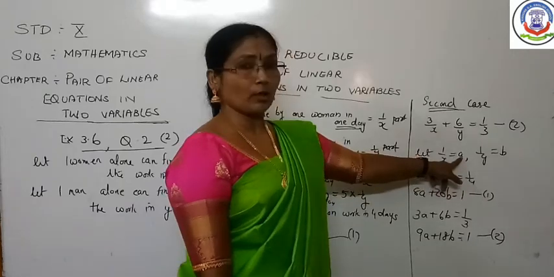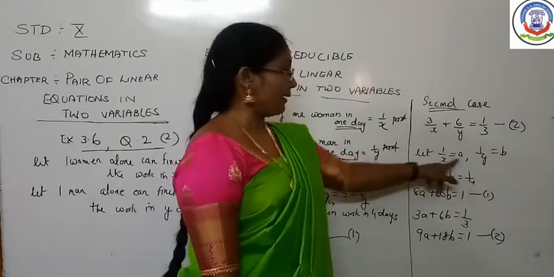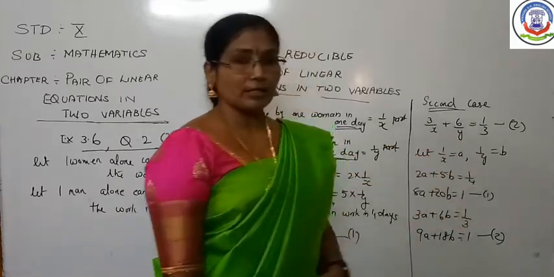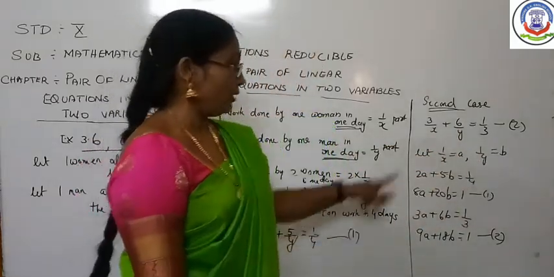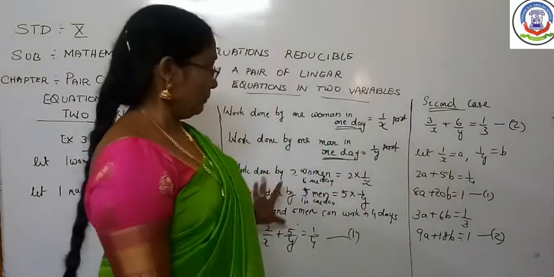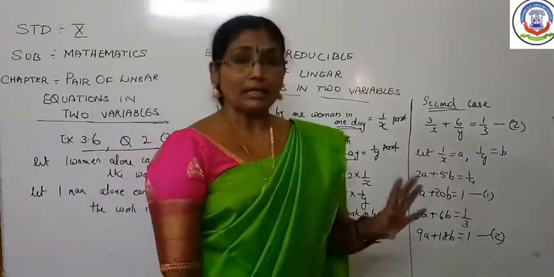Suppose you have got a is equal to 1 by 5, so you can write that x is equal to 5. That means you have to take the reciprocal. Here also 1 by y is equal to b. That means b you have already got, so y also you can find out. The remaining you can do. The only problem is how to make those linear equations.